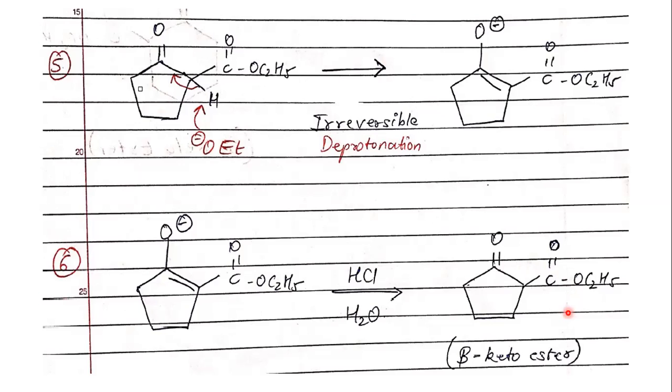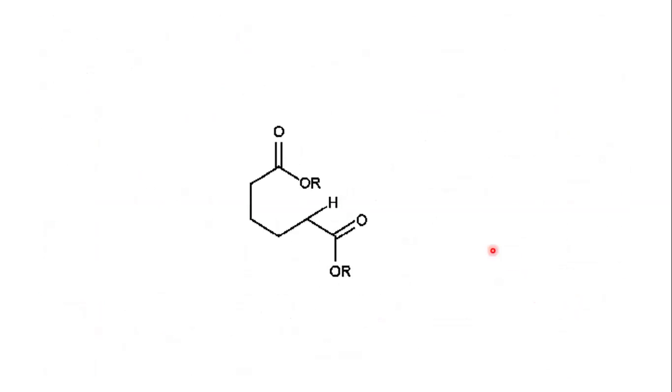So this was your entire procedure for Dieckmann condensation, the entire mechanism. It is quite similar to Claisen; the only change is that this is a cyclic condensation and it only uses one molecule of your reactant. So it is an intramolecular condensation. Don't forget that. So this is an animation of the same reaction.